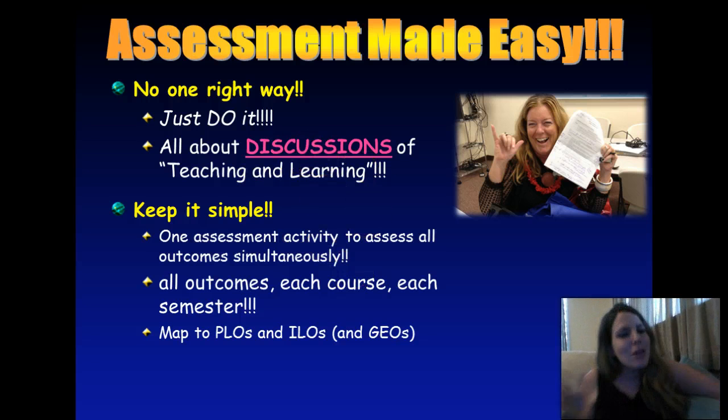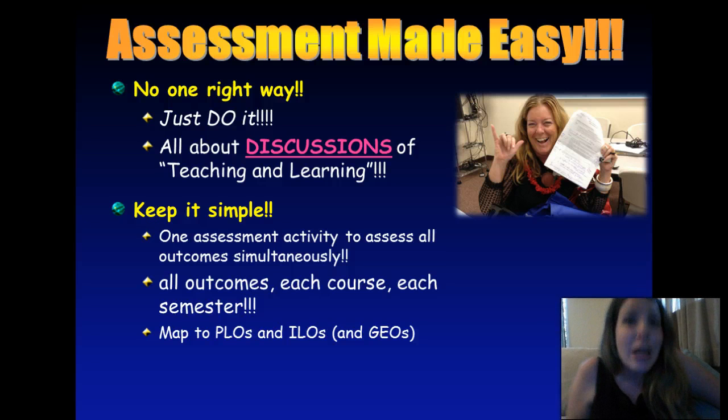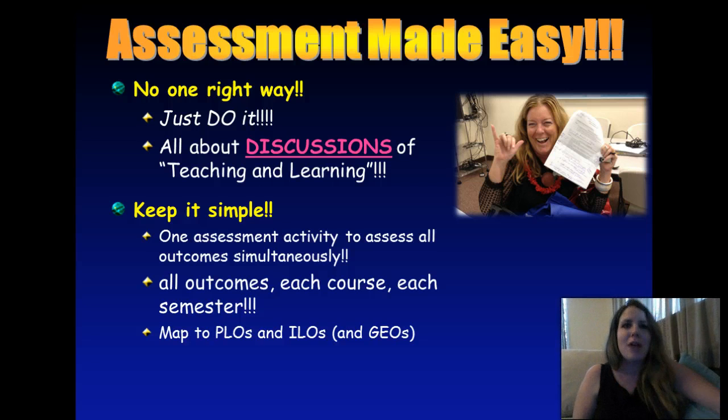But you hear also people say, well, I've already assessed that outcome. I've assessed that course. I don't want to do it again. It's already done. Well, if that's your attitude, you're not doing assessment the way the ACCJC wants you to be doing it. Because assessment is an ongoing process. It's a continuous cycle of looking at what we're doing and how do we improve it and making those improvements and then looking at it again. And it goes on and on and on.